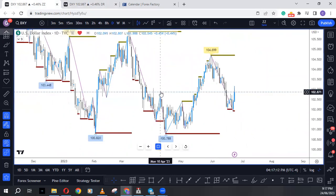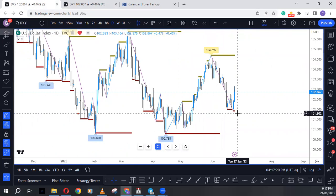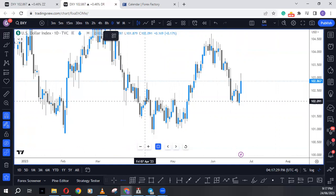You see this break here? You see this formation here? That's this low, this high, this, and then price broke this. This price has come back into that location. So looking at this, now this breaker here, this last up candle,